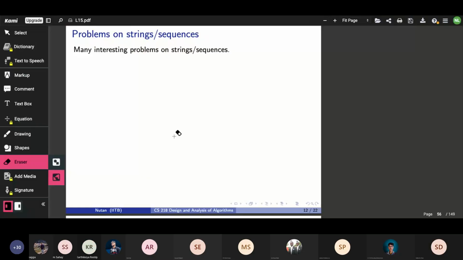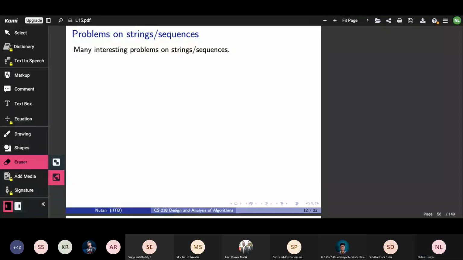So if you recall, we've been discussing dynamic programming, and I had told you that there are these 5 steps that you can systematically apply for a problem, and that will help you give a dynamic programming solution for the problem. So there are some typical classes of problems where it's very easy to see that the dynamic programming algorithm is going to work. These 5 steps are going to be very easily, or at least very methodically applicable.